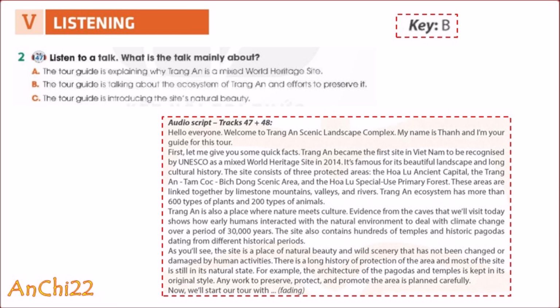Trang An ecosystem has more than 600 types of plants and 200 types of animals. Trang An is also a place where nature meets culture. Evidence from the caves that we'll visit today shows how early humans interacted with the natural environment to deal with climate change over a period of 30,000 years. The site also contains hundreds of temples and historic pagodas dating from different historical periods. As you'll see, the site is a place of natural beauty and wild scenery that has not been changed or damaged by human activities. There is a long history of protection of the area, and most of the site is still in its natural state. For example, the architecture of the pagodas and temples is kept in its original style. Any work to preserve, protect, and promote the area is planned carefully. Now, we'll start our tour with